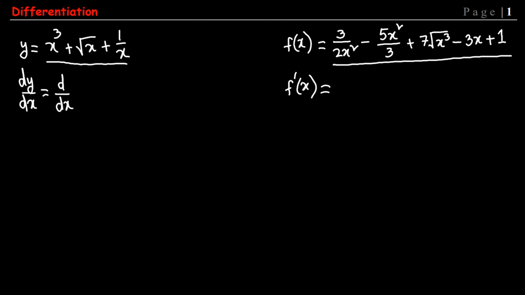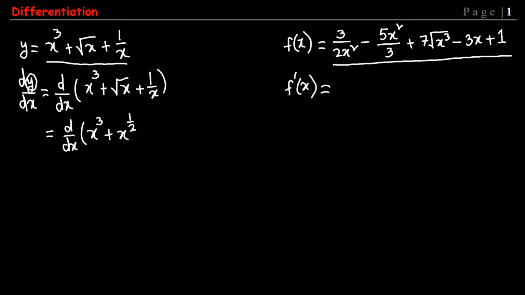just instead of y we are placing the value of x cube plus root x plus 1 by x. So we know that we need to write everything as a power of x. So let me write, only the one part is written here, x cube. We can do it directly, but for the rest of the parts, say root x, we know that root x we can write as x to the power half